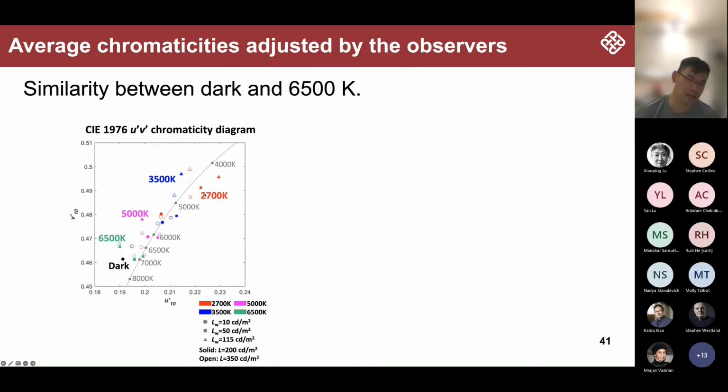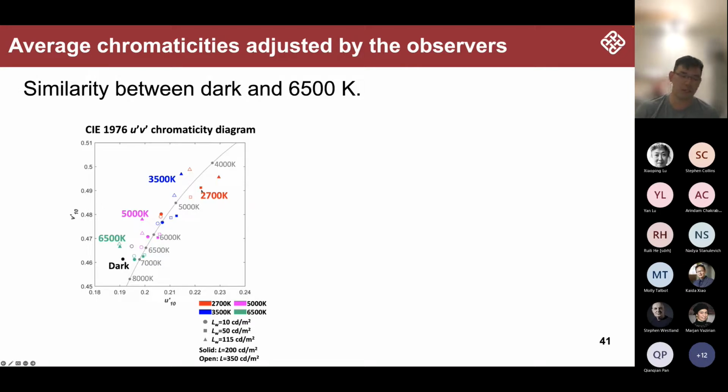But if we look at the other three CCT levels of the ambient conditions, 2700K, you can see that these red dots separate very randomly. In other words, when the ambient condition was 2700K, the chromaticity will change based on the ambient light level and also the luminance of the stimulus. This also applies to the 3500K. Now for the 5000K, the difference is much smaller in comparison to the 2700K and 3500K. This shows that in this u', v' color space, the luminance and the chrominance are not independent of each other.